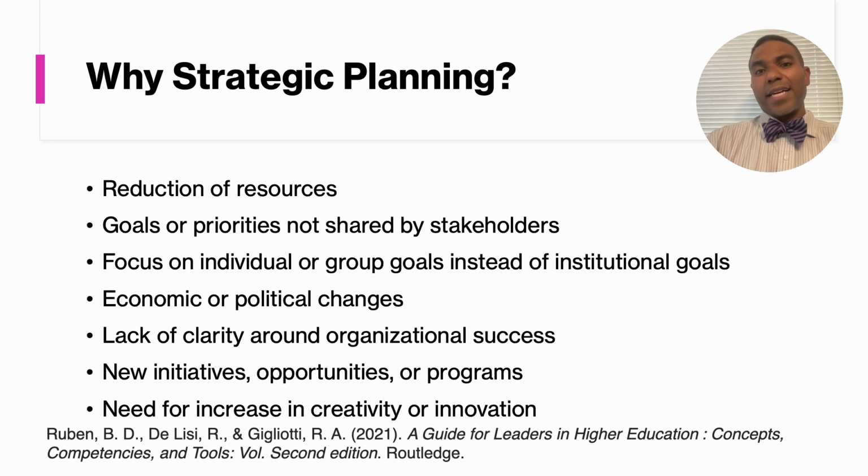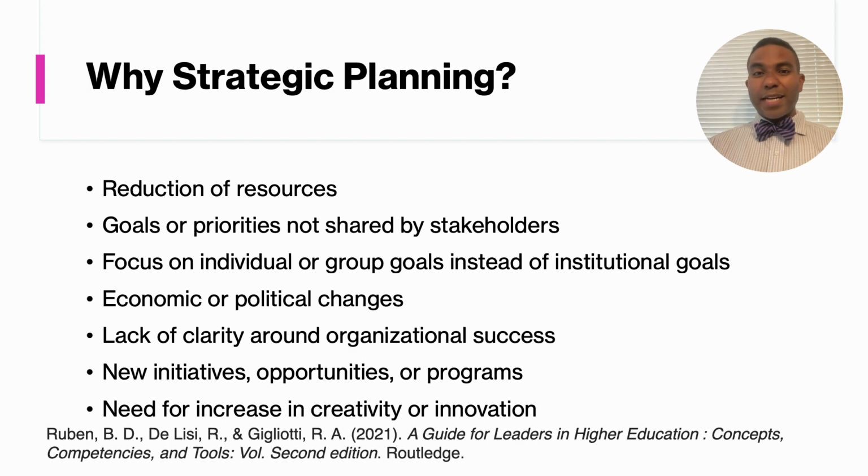All right, so why engage in strategic planning? So here, strategic planning helps you figure out where you can reduce your resources. So unfortunately, most institutions of higher education don't have an unlimited source of funds. They don't have an unlimited endowment that they can always just tap into, and spend money however they want to. There are usually going to be some hard decisions where they have to figure out where they're going to cut in order to spend more toward other priorities.